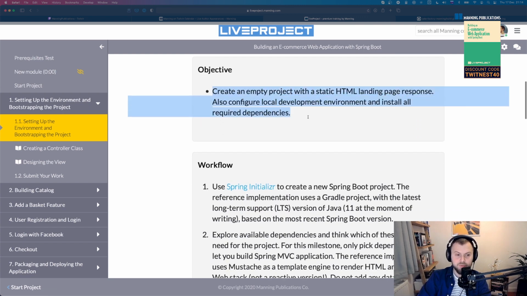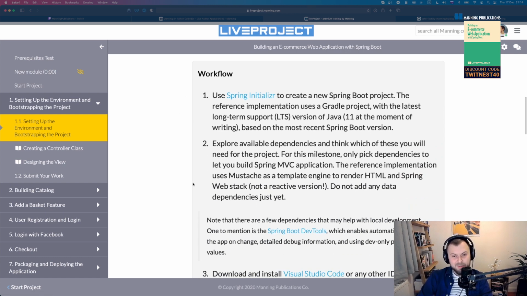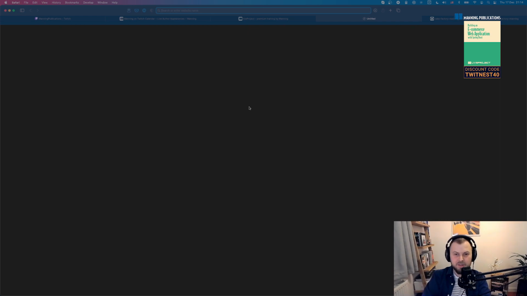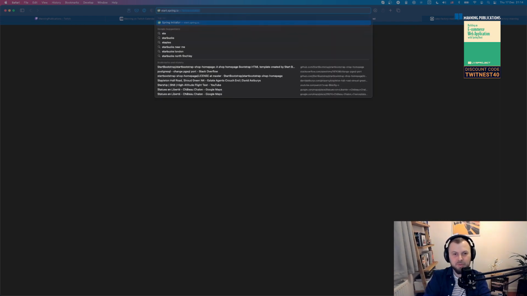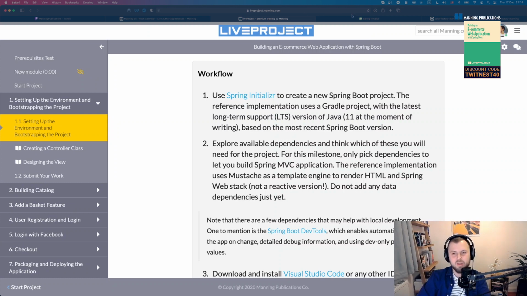So my objective for the first milestone is just to create an empty project in Spring Boot that serves a static HTML page with no logic whatsoever. Again, there is a recommended workflow for pretty much every milestone. You can use that. I kind of know it already by heart, and I spent so much time writing that and shuffling it around just to get it better laid out for you. So I'm going to sometimes have a look at this, but most likely I'm just going to do it without the workflow, but I will try to follow pretty much the same steps.